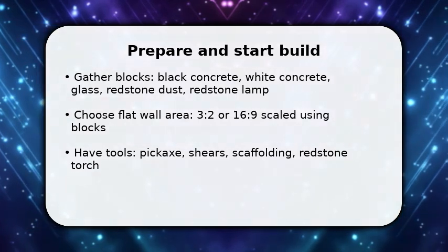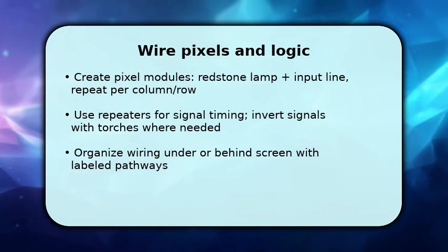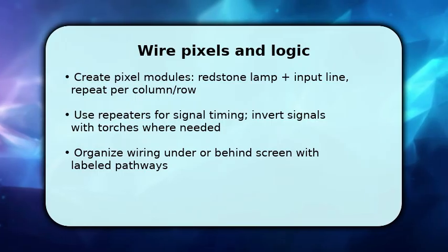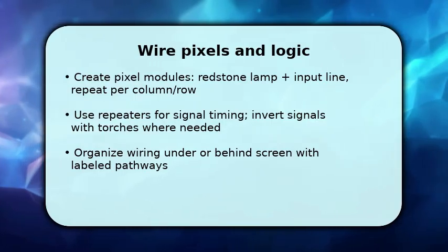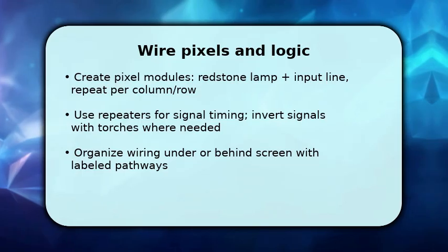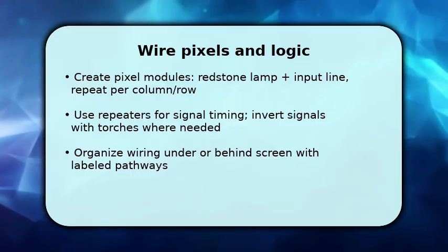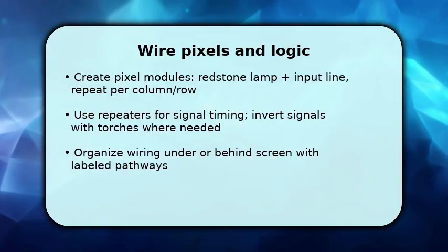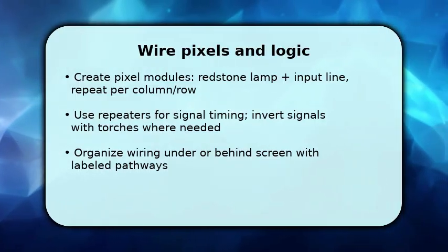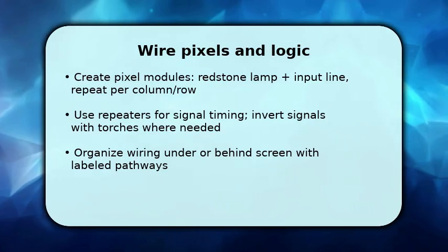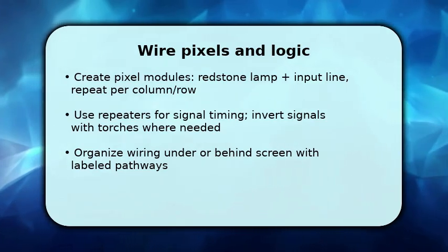Once the frame is ready, you build pixel modules. Mount a redstone lamp for each pixel and run redstone dust or a comparator to its input. Use repeaters to extend signal distance and adjust delay so whole rows update evenly. This prevents flicker. Make vertical or horizontal buses for power, and use redstone torches to invert signals when mapping binary